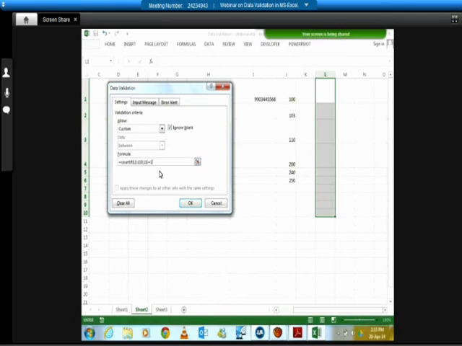Fix the first range. Only the total range we need to fix, or we shouldn't fix the first range? As in, we may or may not do L10, let's say, but then the validation will not flow. The validation we have applied only on 10 cells, so it's better to fix that. L1 will not be fixed, only the range part will get fixed, because when you go to the next cell, I want to evaluate the value of L2, not L1. Okay, so now I can click OK.